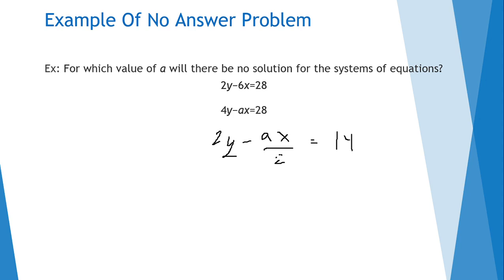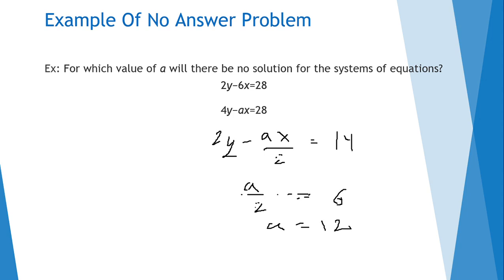So that means that I would have a over 2 equals 6, and then I would multiply both sides by 2, and I would get a equals 12. And if I plug that in, you see that 2y minus 6x equals 28 and 4y minus 12x equals 28,